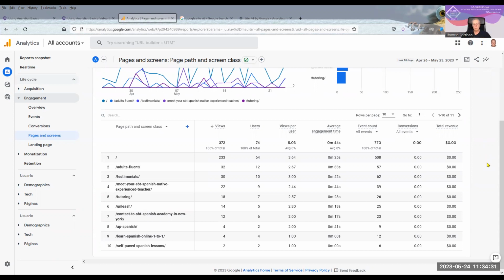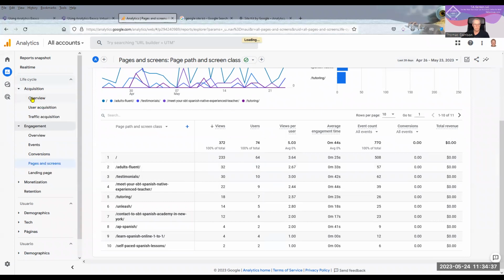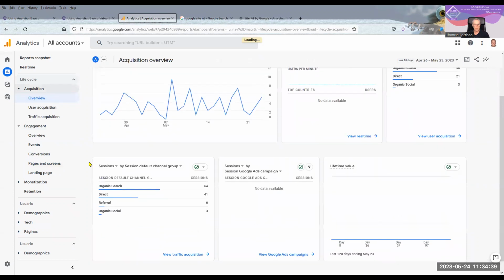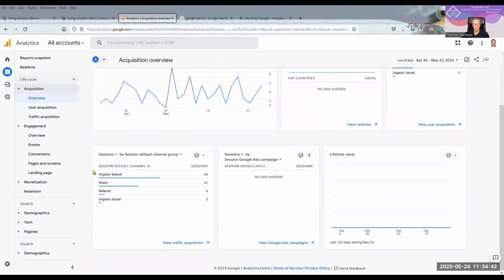Not necessarily. I think that if we go back over here to the acquisition, we can see he's got quite a bit of organic. And again, my understanding, organic being, you don't have to pay for organic. So that's true. And for clarification, you would love to have most of your traffic organic, because that says they're coming from the search engine. So that means you've done your job for at least one page, because you've got a tremendous amount of traffic coming to that one page.